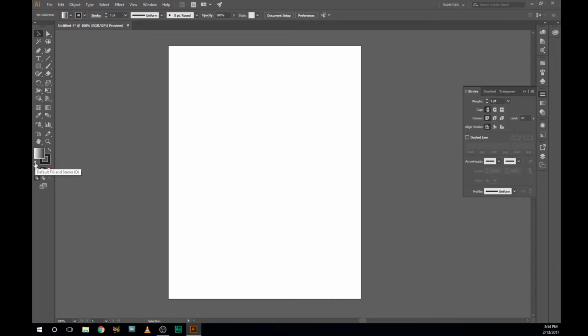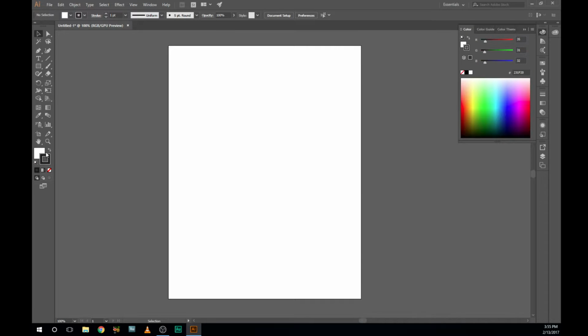So this little button here, default fill and stroke, D. Just hit the D button and it'll have white fill and black on the outside, right, as an outline. If you don't want either an outline or a fill, you could just click on this none, right? And that way this is completely invisible now. Whatever you draw, the fill will be invisible. There will be no fill. So if you draw a box, there is no fill on that inside, right? There's nothing here. You can't select it. You can only select that path, okay? Same with if you don't like the outside fill. You could click on this and there will not be an outline. Okay, so